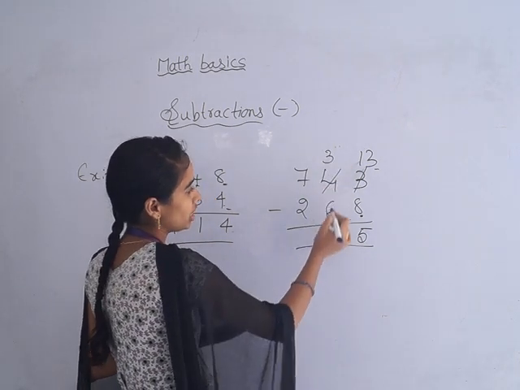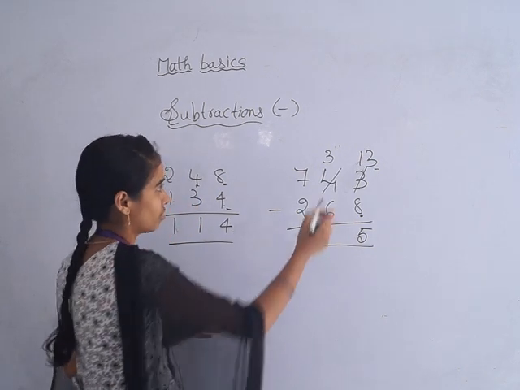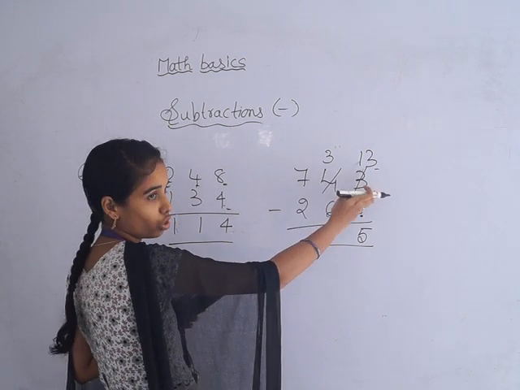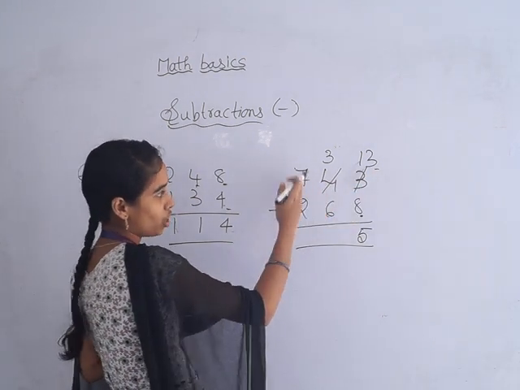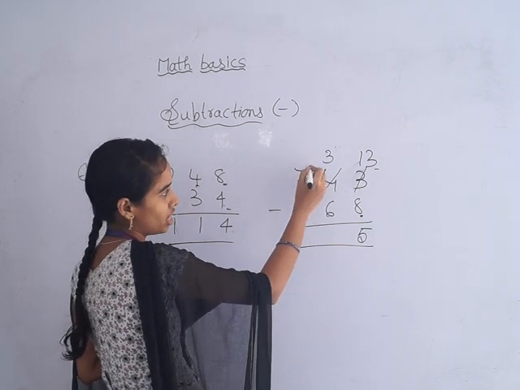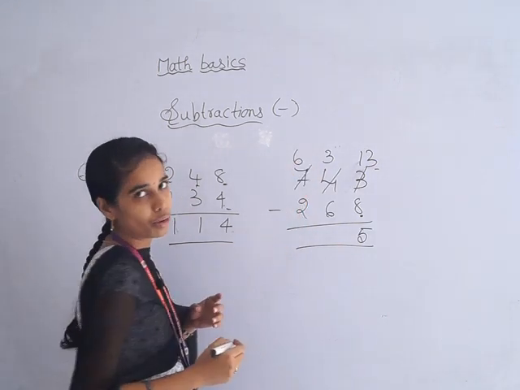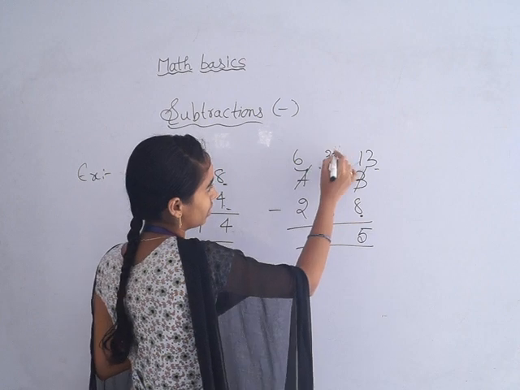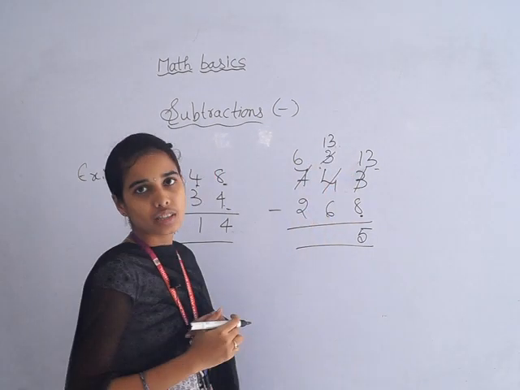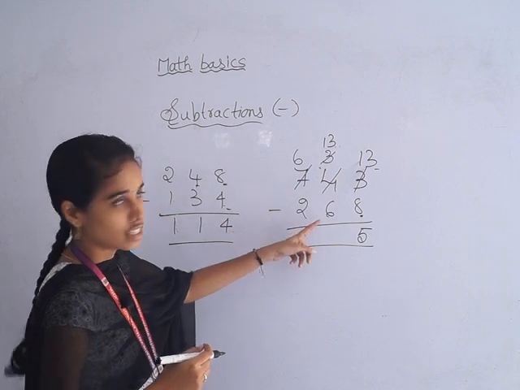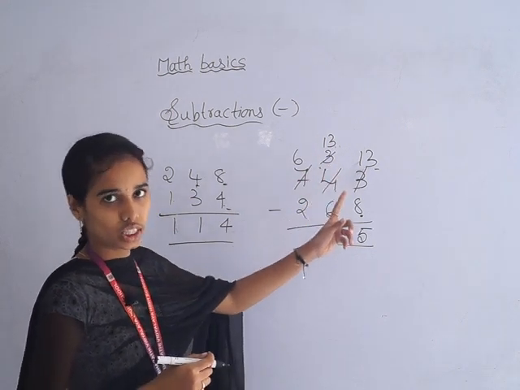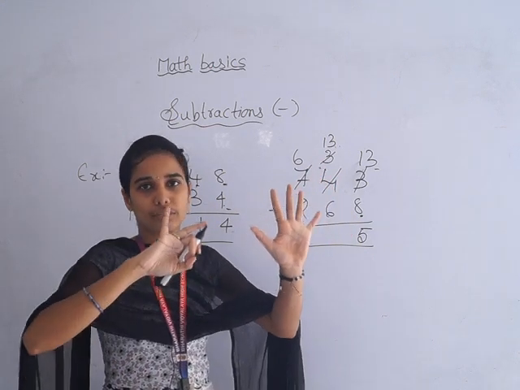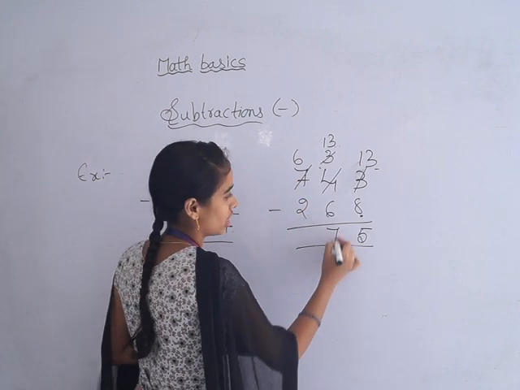Next, 3 minus 6. Here also we are getting first small number and next big number. So again you have to bring. So don't go through this one. This one is already completed. Go to next place value. That is this one. 7 becomes 6 because 1 we are taking, no? And this becomes 13. Okay, now 13 minus 6. Count after 6 up to 13. 7, 8, 9, 10, 11, 12, 13. So how many fingers I opened? 7. So answer is 7.